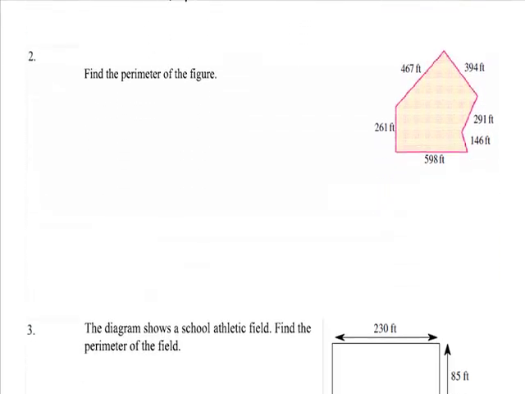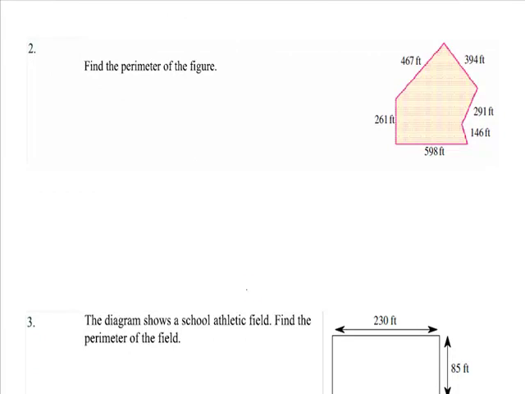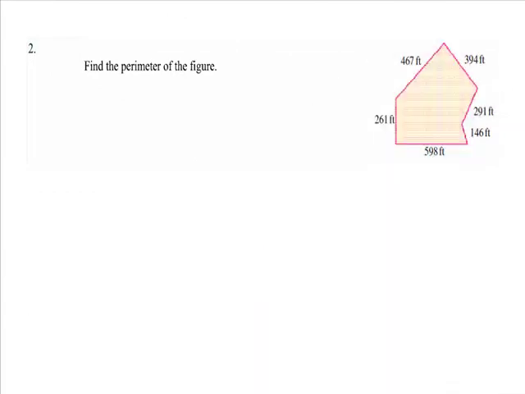Let's look at number 2. Give myself a little more space here. All right, find the perimeter of the figure. When it says perimeter, I know that it is distance around, and I need to add them all. All right, I have 1, 2, 3, 4, 5, 6 sides to add. I have 467 feet. Now you can write these down in any order you want. I pick somewhere to start, and I like to go in a clockwise direction. I have 394 feet,